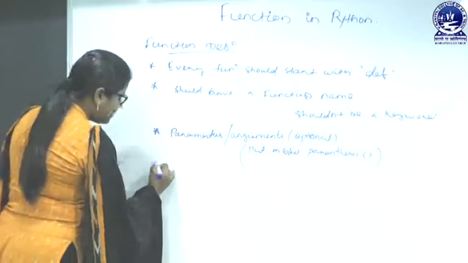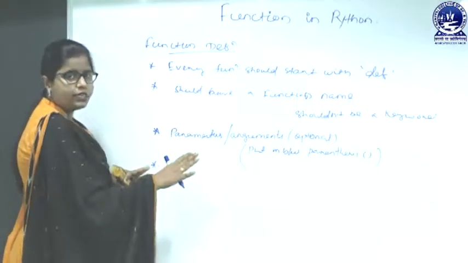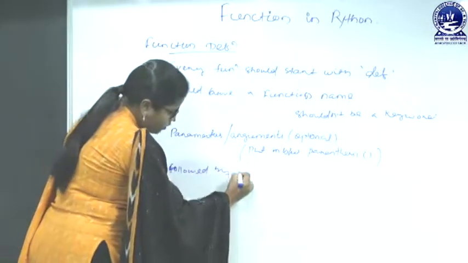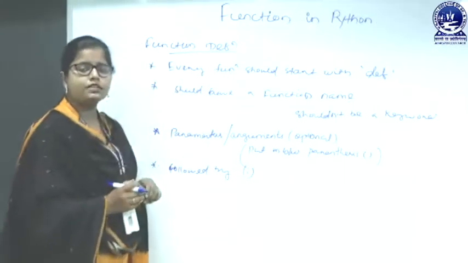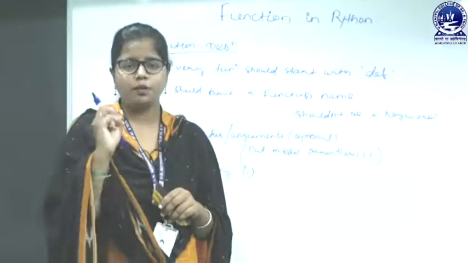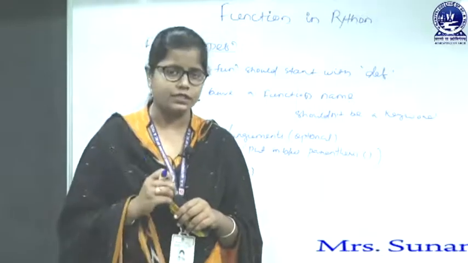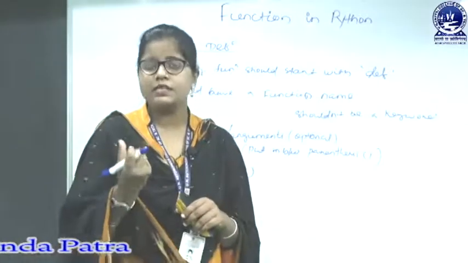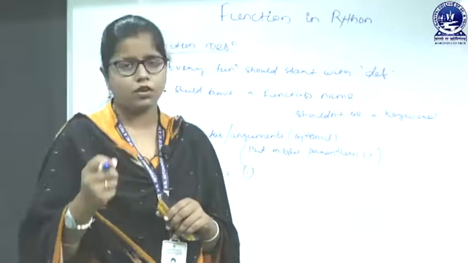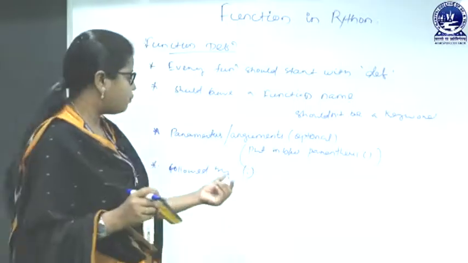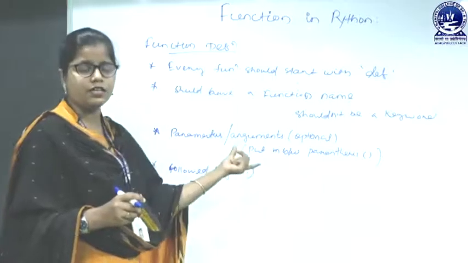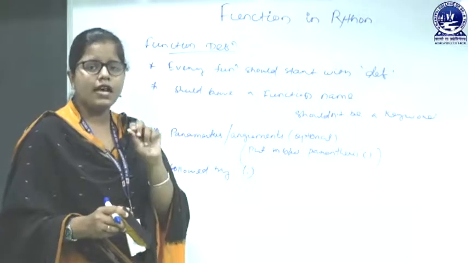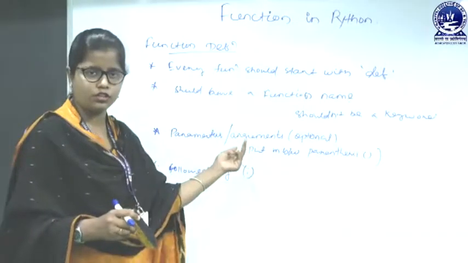Then after that, every function definition will be followed by a colon. Why must there be a colon? Because in the C programming language, to identify a loop statement, we have to put curly braces. But in Python, we are not using curly braces. So what is that? That means indentation, and indentation can be recognized by a colon. So when we put a colon after the function definition, whichever statements follow the indentation will be treated as the statements that belong to the function.